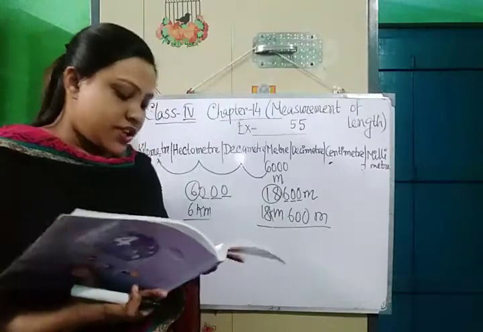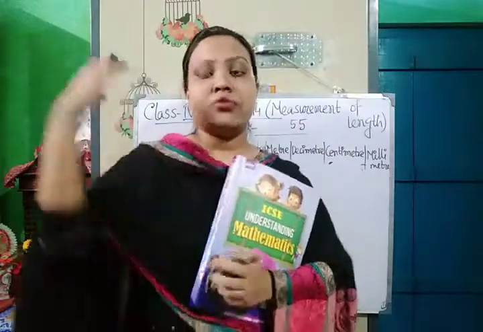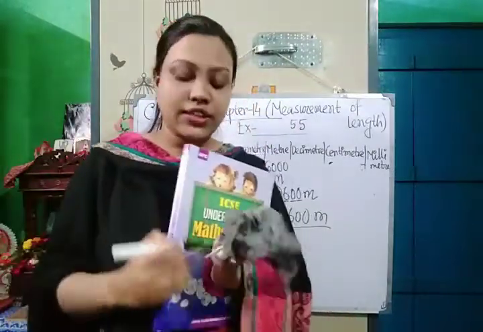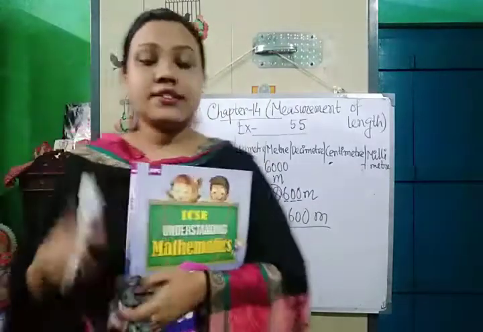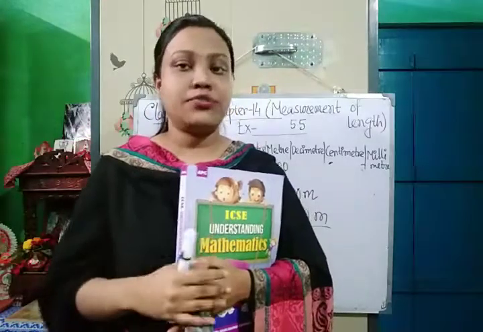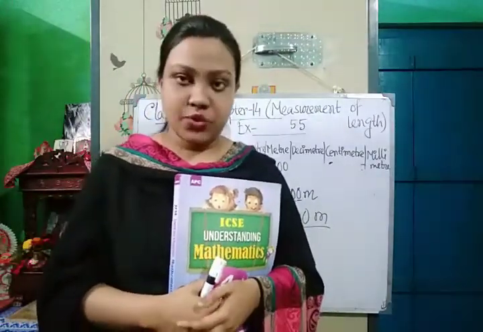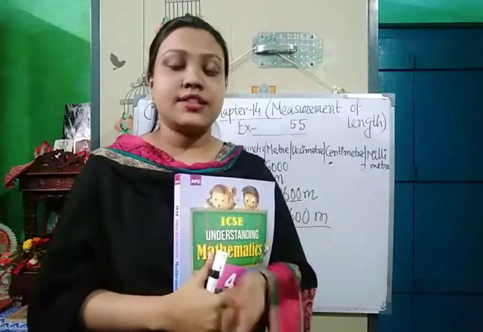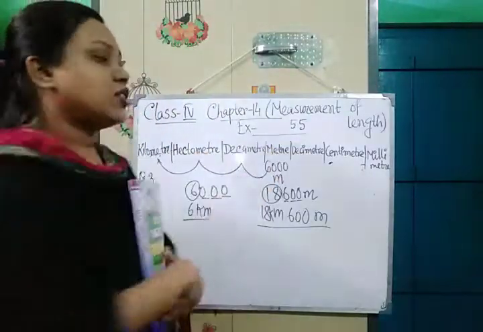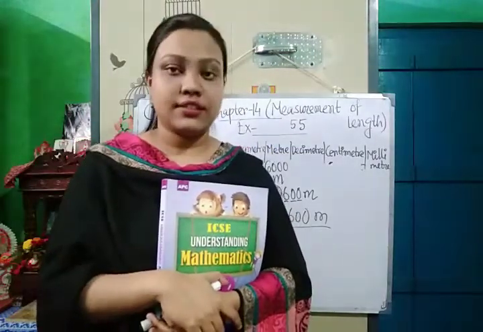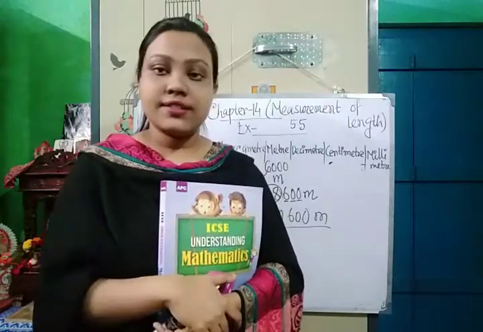So I hope this is clear. These two exercises are clear, the conversion of units whenever we are moving to the right and whenever we are moving to the left. I hope you understood the rules clearly, and if you still have any problem or confusion in understanding the exercises of the chapter, you can call me anytime. Revise these exercises very well and memorize this chart of the conversion of the units of length. Till the next video, just revise these exercises.